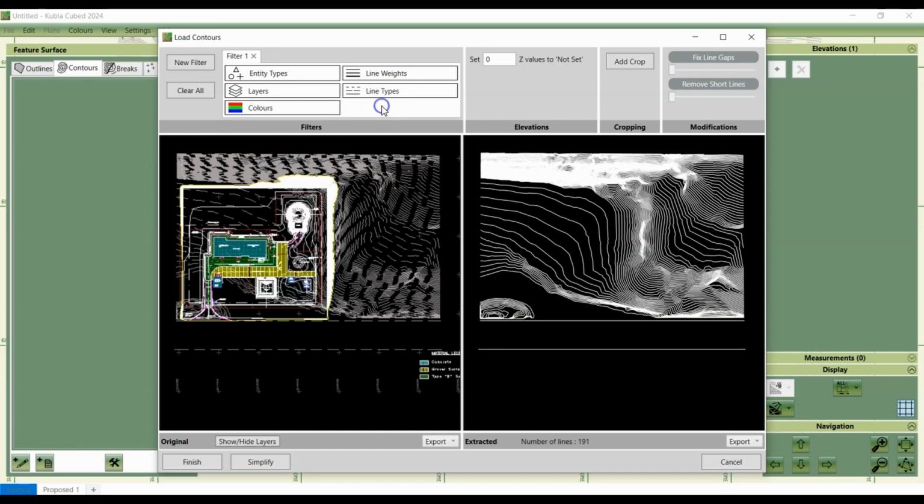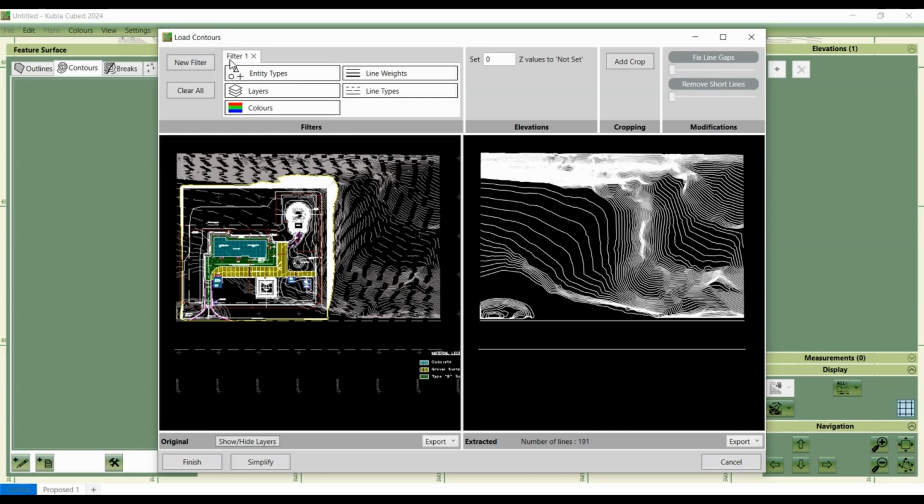When it comes to contours, you usually want to select either a single filter, or maybe you might need 2 if you have major and minor contours. So sometimes major contours have a different line thickness, so they might not be selected with the same filter as minor contours. And in such cases, it's important to use 2 separate filters.